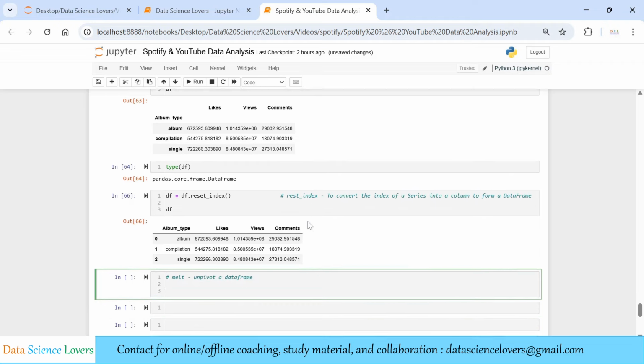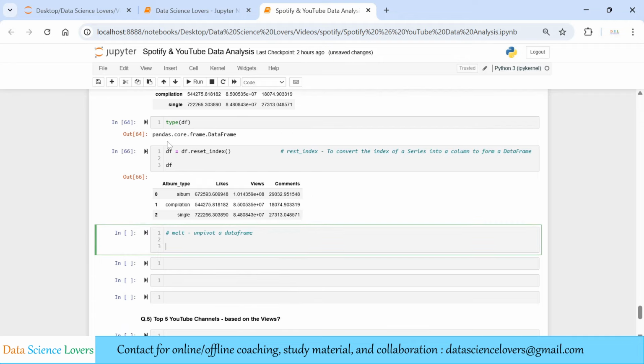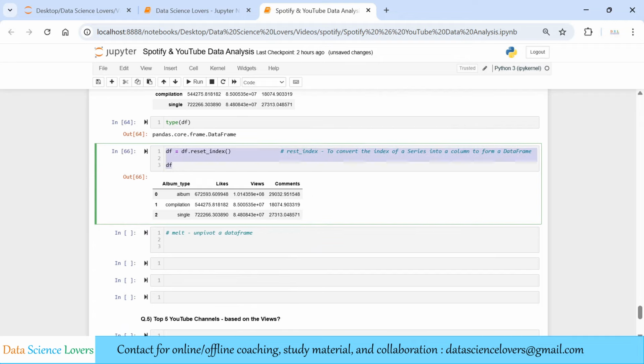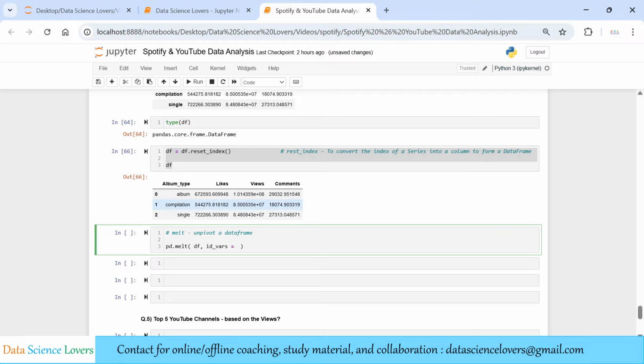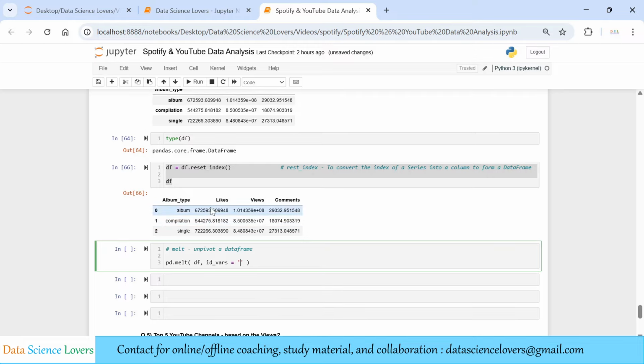Now to show the result in the form of a bar plot, we have to melt this data frame using the melt function. So here we will use pd.melt from pandas. Our first parameter will be the data frame that we want to use, and we will consider the data frame df here. Next parameter will be our id_vars. Here we have to put the column name. Here we want to consider the album type column,